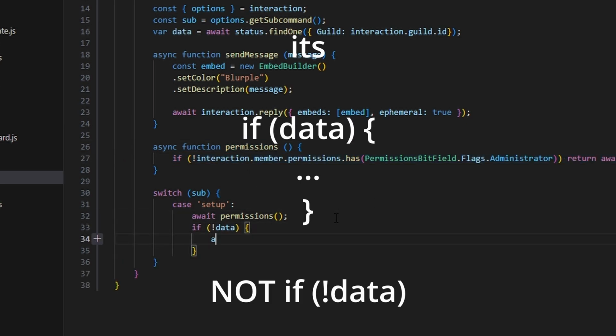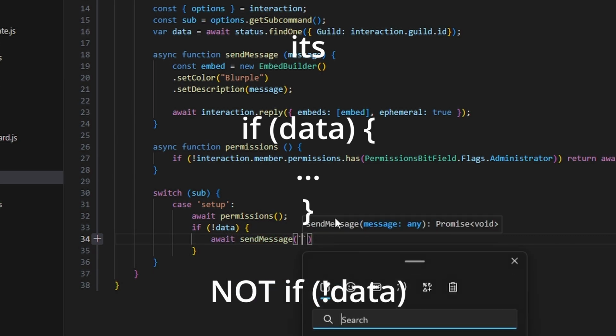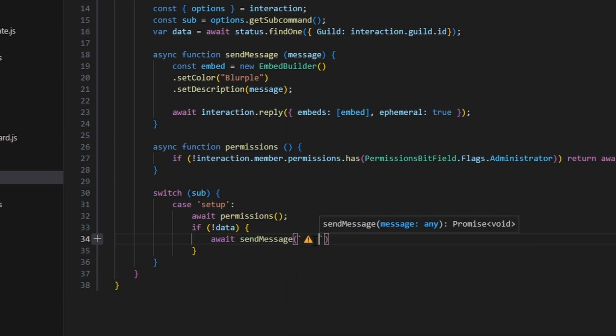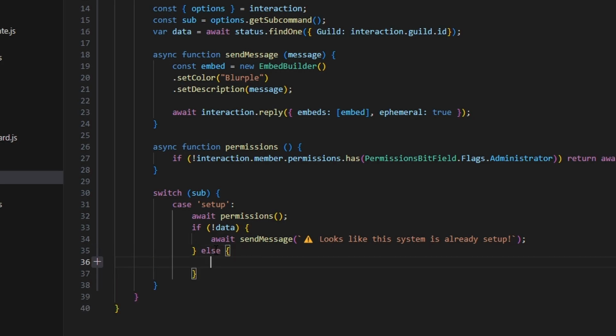We can open this up. We're going to do await send a message, and we're just going to get a caution emoji, and I'm going to say looks like this system is already set up, just like that. So after we do that, we're going to say else, and within this